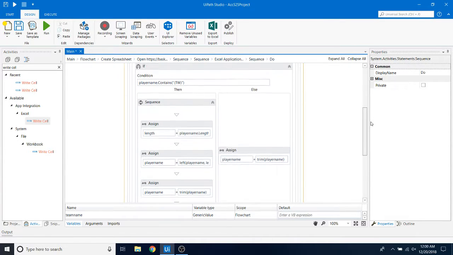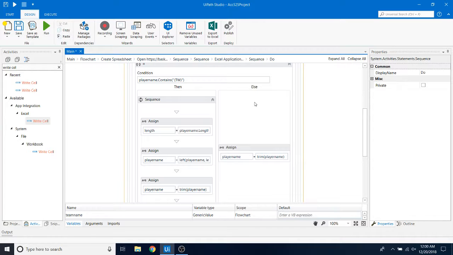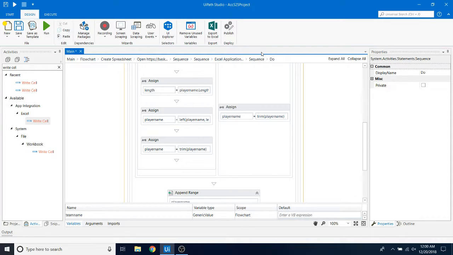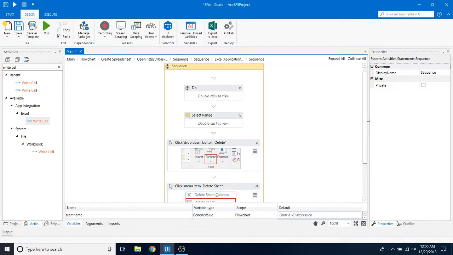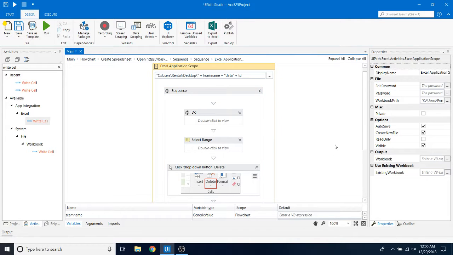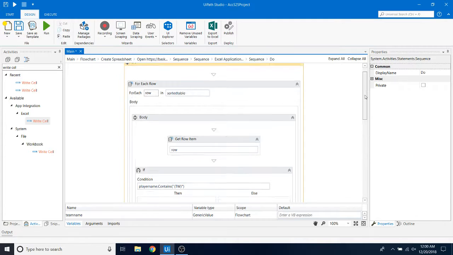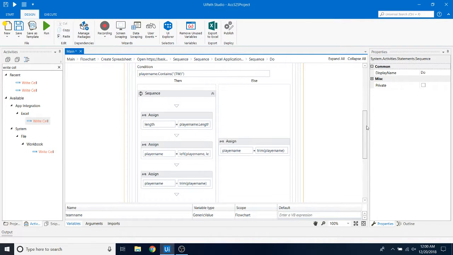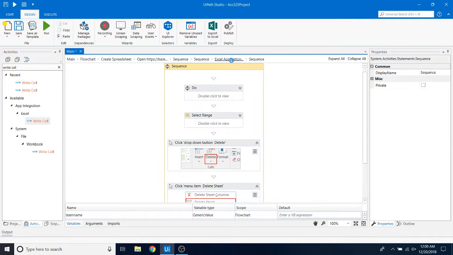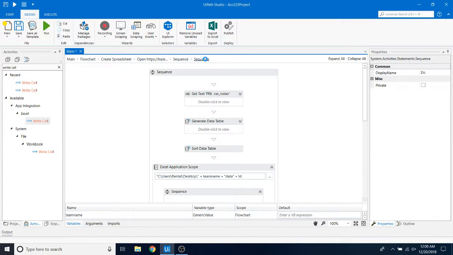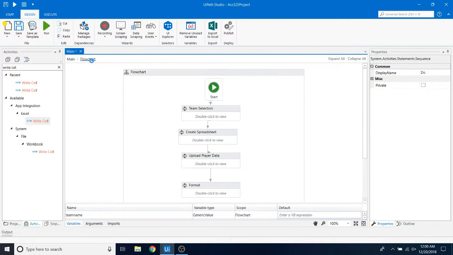Here's just an if statement that kind of trims the data when it has a certain value, just based on some players' contracts. So then we go back here. So here it'll just loop through each name, and it will change the tab name for each tab it creates, creating a separate tab for each player. So then, if we go back to the main page, once that spreadsheet's created and saved,